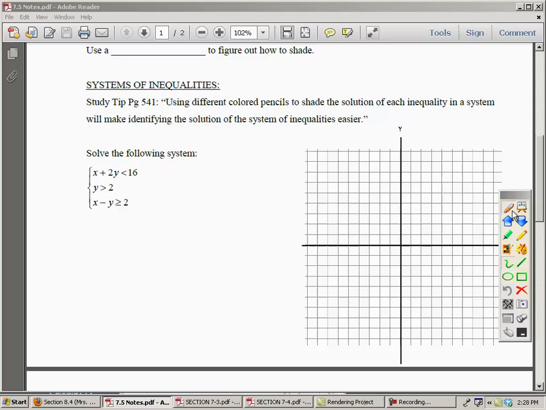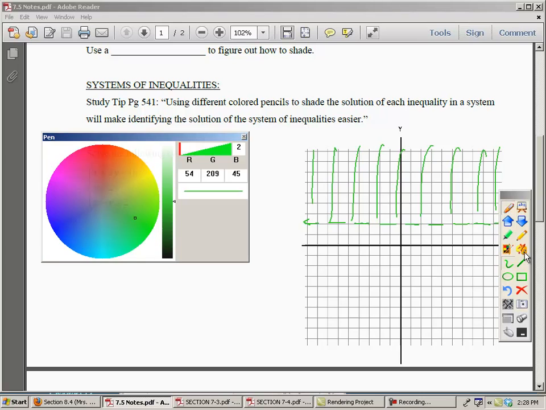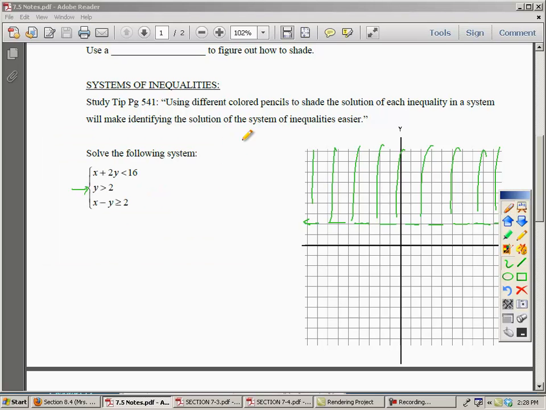I'm actually going to start with this y is greater than 2, and then because it's just greater, I'm going to use a dotted line. Greater than 2 means everything above it. And you'll notice I'm not doing a whole lot of shading, just in the fact that we're going to put multiples of these on the graph, and it's going to get kind of messy. Okay, let me pick another color,